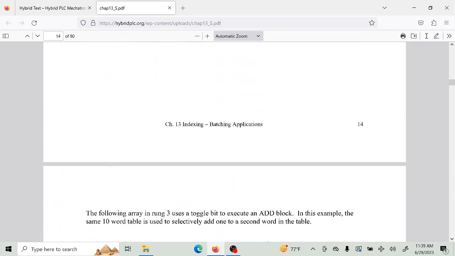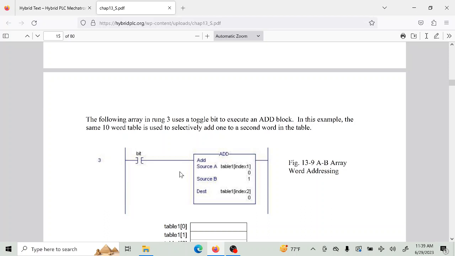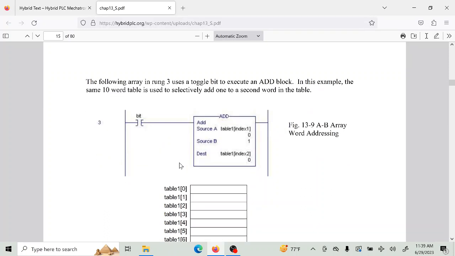Okay, very rarely used, but you can do it. So here is a move block where I add a number in table 1.index1 to table.index2. So I could add like word 0 to word 1. Excuse me, I could add 1 to this word and then put it into another index down in the same